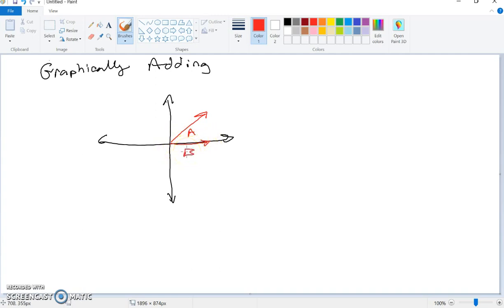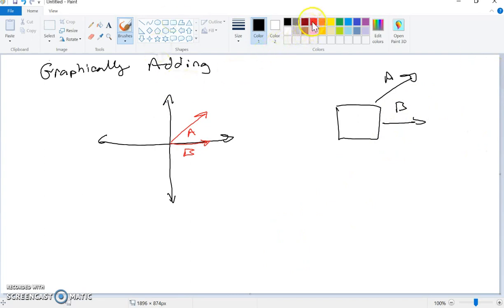And maybe these are two forces again. So like in a system, if you had a block, you can imagine that block might have a force pulling it this way, A, but also a force pulling it this way, B. And you might ask, okay, well, what's the combined force on the two? Okay, and so when you're trying to combine vectors,